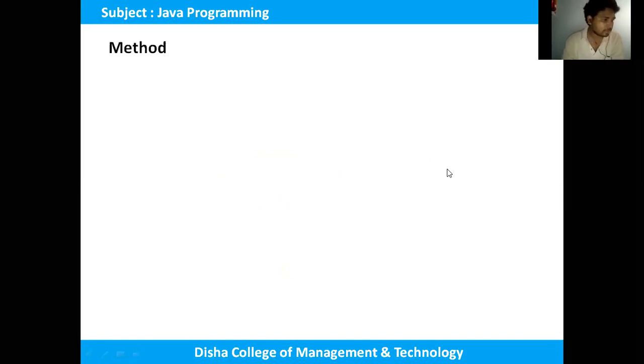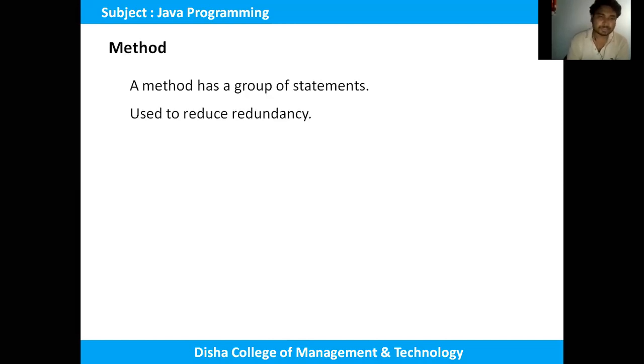So one of the most important things in Java is the method. Okay, so a method is nothing but a group of statements that must be written within curly braces, and basically the method is used to reduce redundancy because of its reusability. That means suppose we want to add 2 numbers in our program, then we write that code in a block. Whenever there is a requirement of addition of 2 numbers, we can use that block. So we are not going to repeat the code again and again. We just call the method name, and our work will be done.